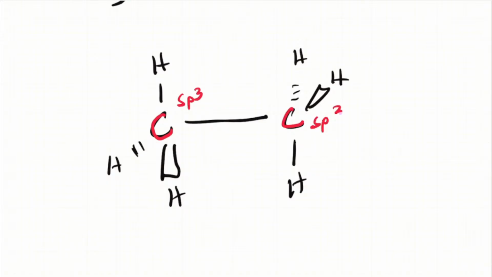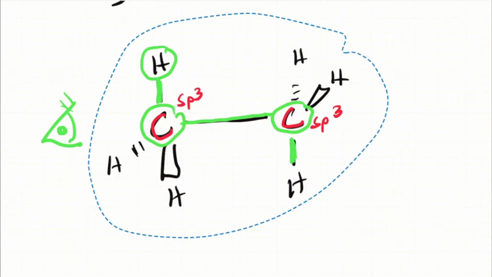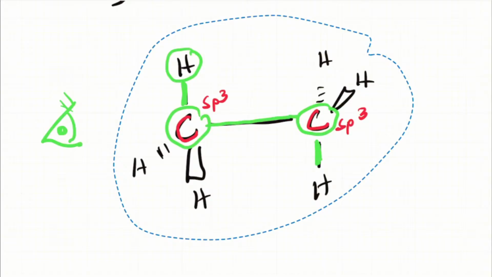an sp3 carbon here. But we can look at the bond angle between this atom, kind of shift our perspective back, and now we can see another angle if we look with our eyes maybe widened a little bit from this perspective. And so I'm going to take this kind of picture here, and I want to redraw it in a way.